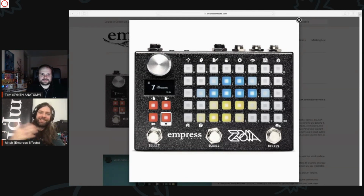Also learning synthesis and how synthesizers work as well. That was kind of my experience with it too. But it's been really fun to see what people create. At first, a lot of people were trying to recreate another guitar pedal that they wanted inside the Zoia, and then it's evolved into people making really cool original patches of their own, standalone as their own guitar pedal,